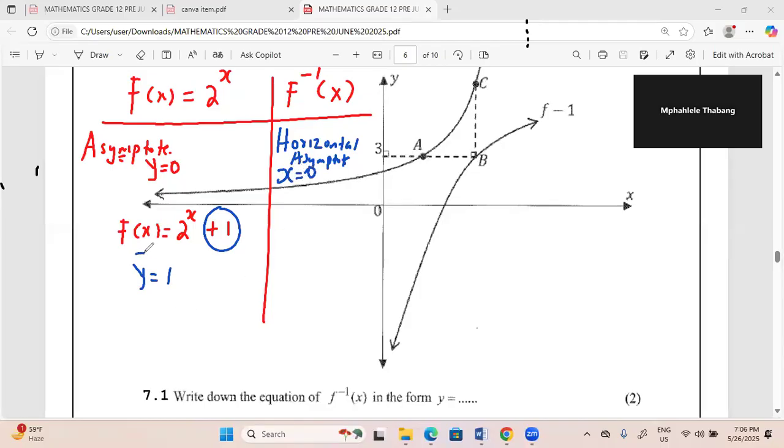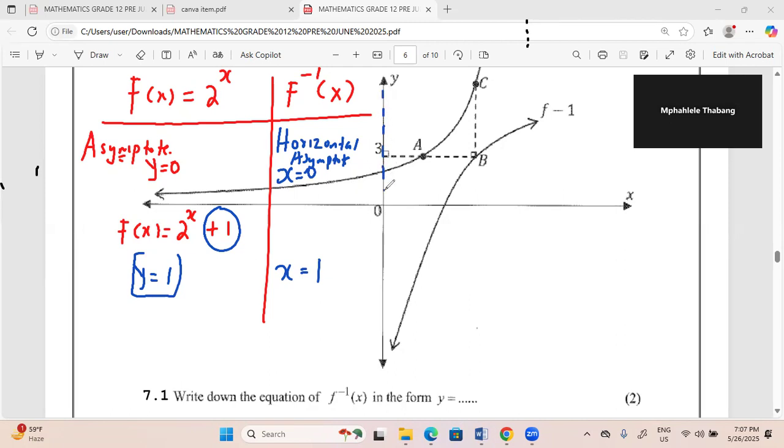If it had the y asymptote of 1, its inverse will have the x asymptote of 1. So you need to be careful. Now the f of x has the y asymptote of 0, so its inverse should have the x asymptote of 0. And if we show this asymptote of the graph, x equals 0, is this line which is found on the y-axis,